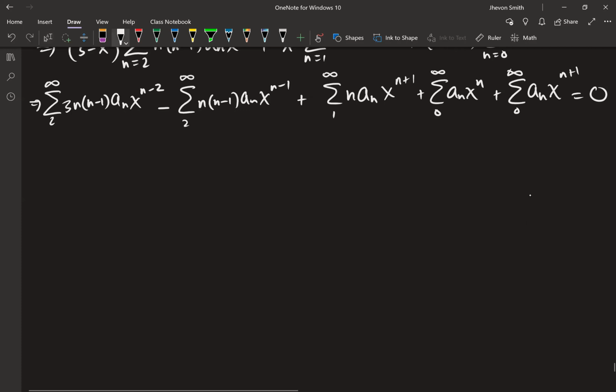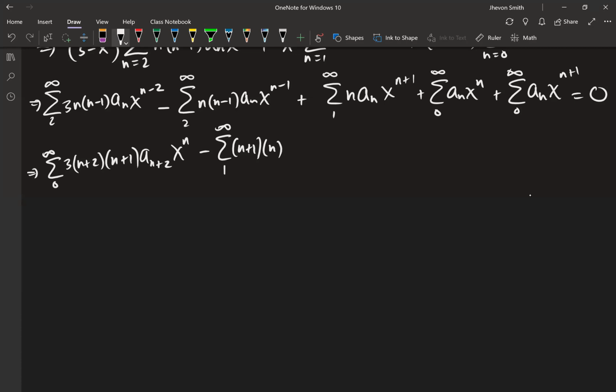In the first one, I would let n go to n plus 2. So this will now start at 0. It's 3 times n plus 2 times n plus 1, a sub n plus 2, x to the n, minus this second one. I would let all the n's go to n plus 1. So this will now start at 1 to infinity, n plus 1 times n, a sub n plus 1, x to the n,